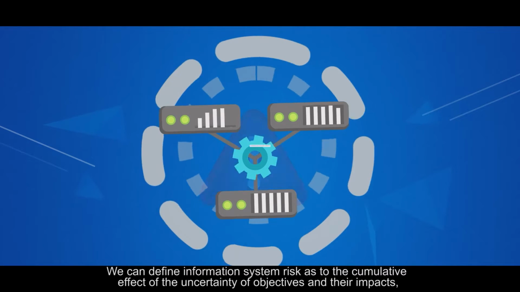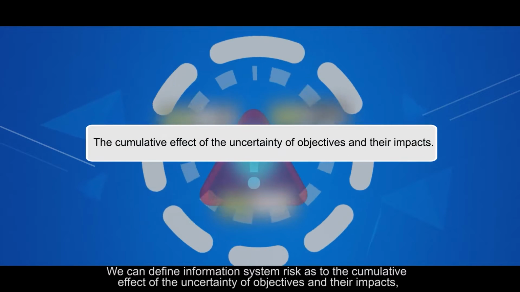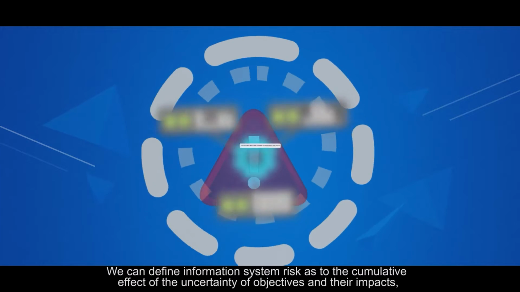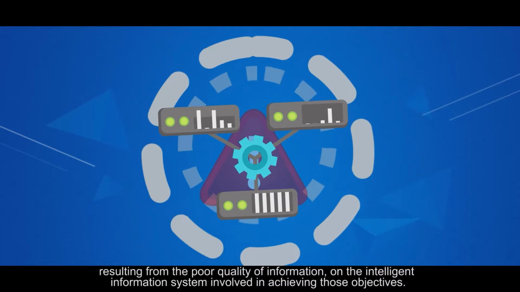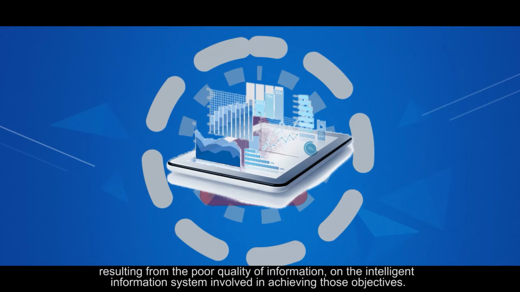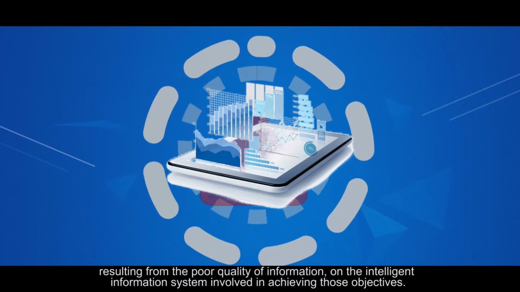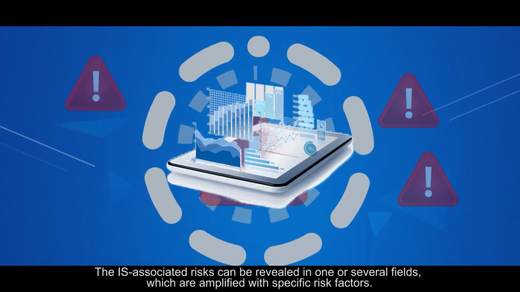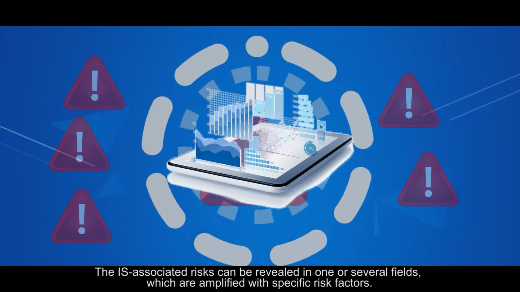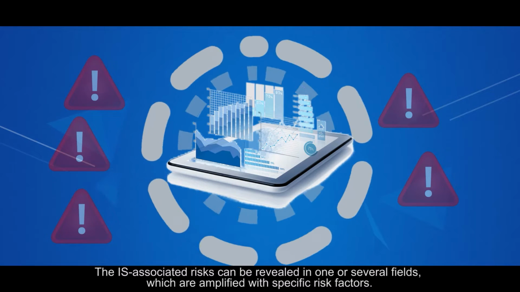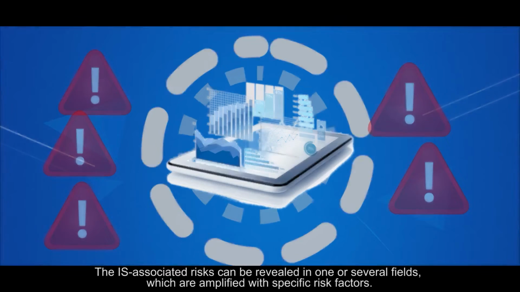We can define information system risk as the cumulative effect of the uncertainty of objectives and their impacts, resulting from the poor quality of information, on the intelligent information system involved in achieving those objectives. The information system's associated risks can be revealed in one or several fields, which are amplified with specific risk factors. These can be classified into 10 groups, including